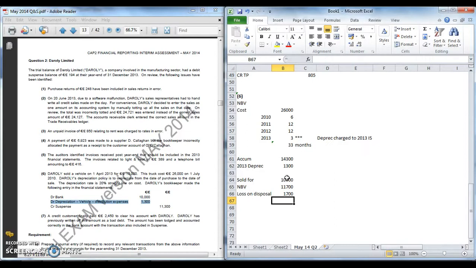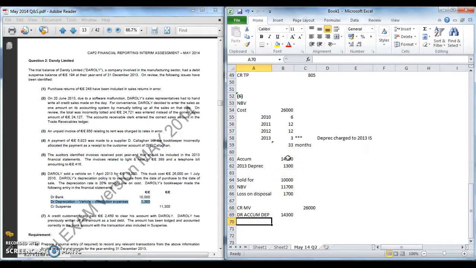So now we can attempt to work out what should have happened. How do you account under basic IAS 16 for the disposal of an asset? Well, you're going to credit PPE, or motor vehicles we'll call it, for 26,000, because that is the cost of the asset that would have been on the books. You're going to debit accumulated depreciation of 14,300, which you already calculated, because remember that's a credit balance, you want